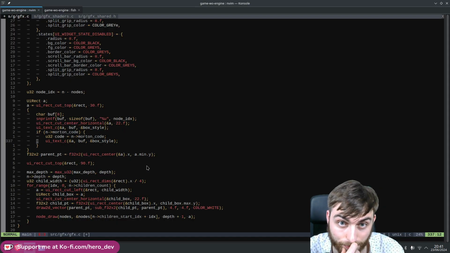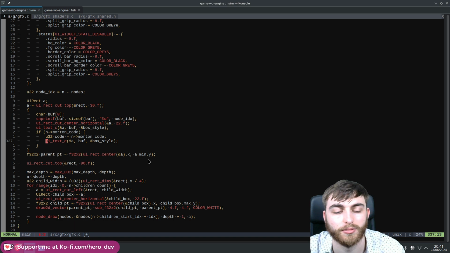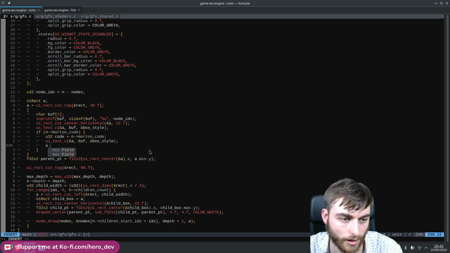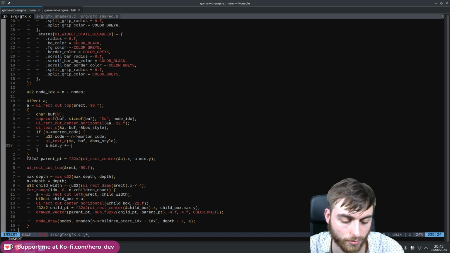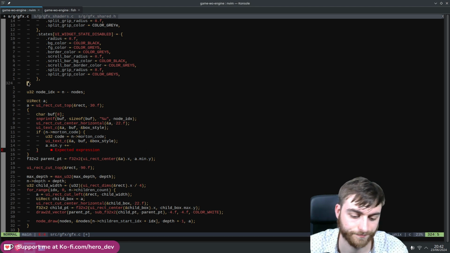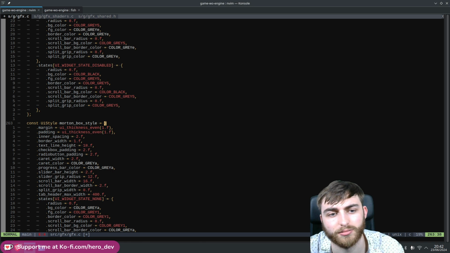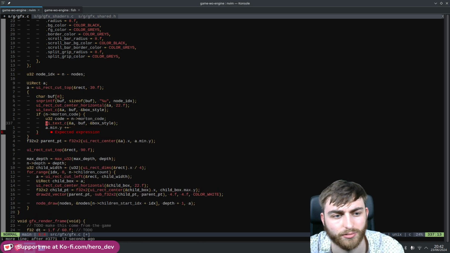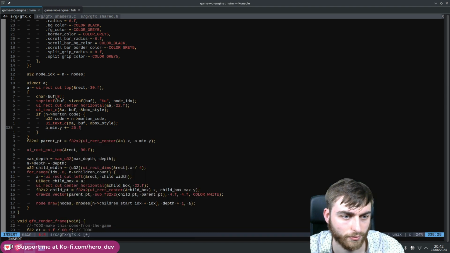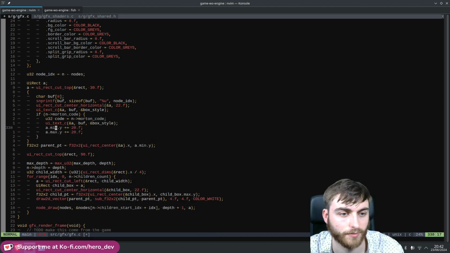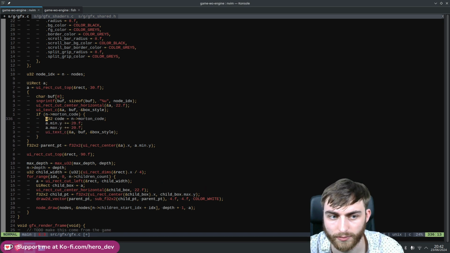Yeah, so maybe. No, we'll do one box at a time. So a.min.y plus equals, I don't know what it was, 20. There's a line height and a bit of padding. 18 line height, bit of padding each side, probably 20 pixels, and then the max as well. So you do that first, and then you draw it, and then you need to snprintf into that buffer